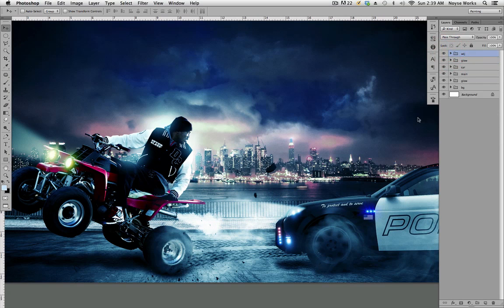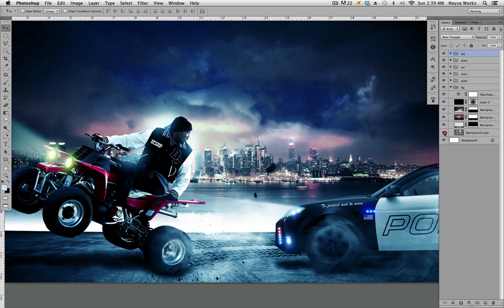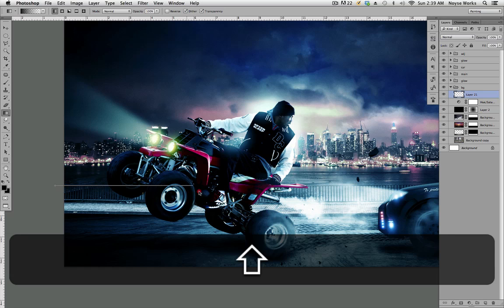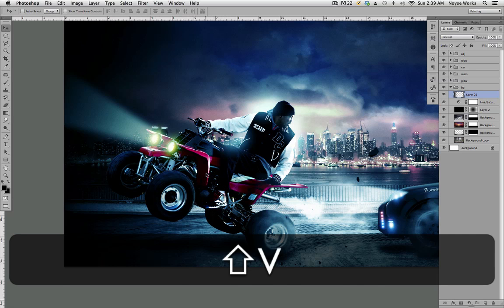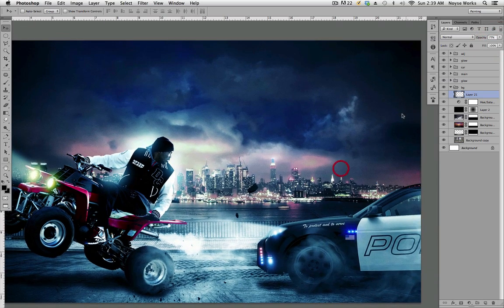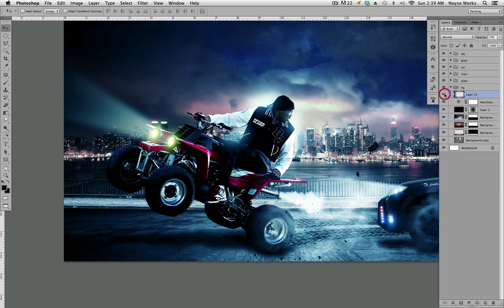So to adjust that, let's go down here to our background. And then let's create a new layer above everything. Grab the gradient tool. Make sure both of this is black. And then from left to the right, so basically, just adding a gradient to the left, and just bring the opacity down just a little bit. So you can see before, after,